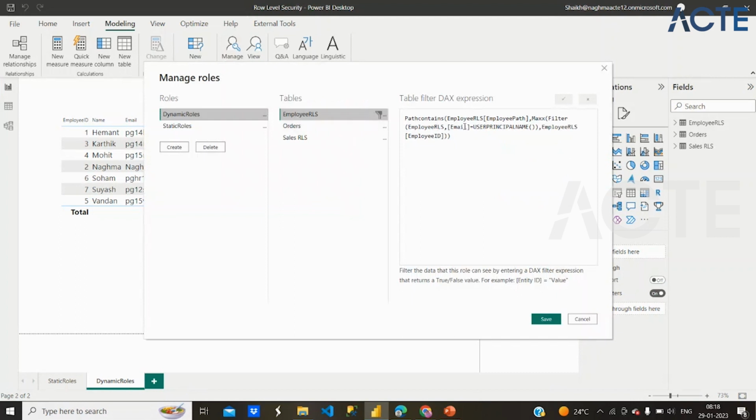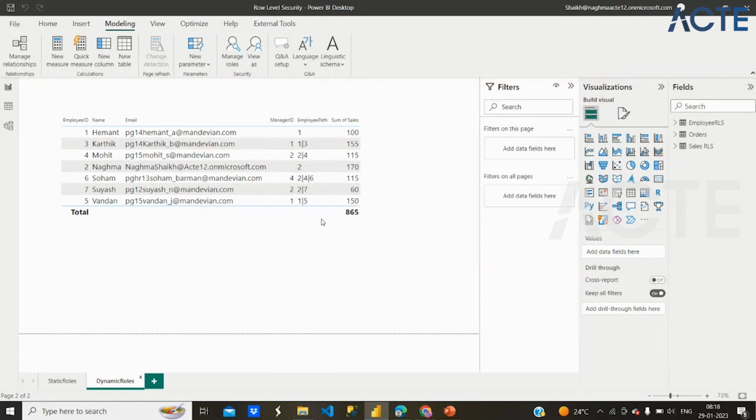Okay, so it will check the path of the employee, and then according to that, it will check whether the employee is logged in or not. If logged in, then it will produce the record for that employee. Okay, so this is only about the DAX, and now we will publish this report and we will check it. So we'll go to the home,